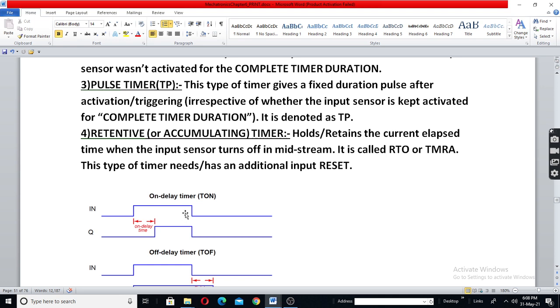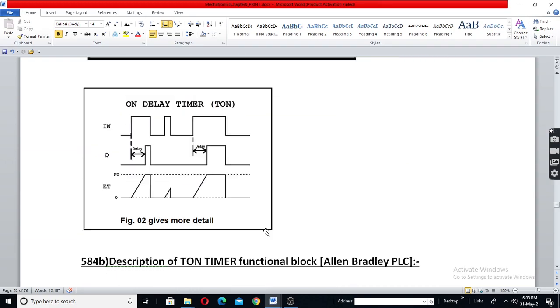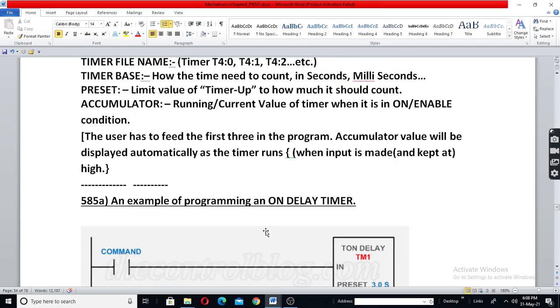Then when the input becomes 0, the output also becomes 0. But a pulse timer is not like that. When you give input, it gives a pulse of fixed duration. Then it will not see the input, however it is. Okay, we will see that later. So this is the on delay timer.